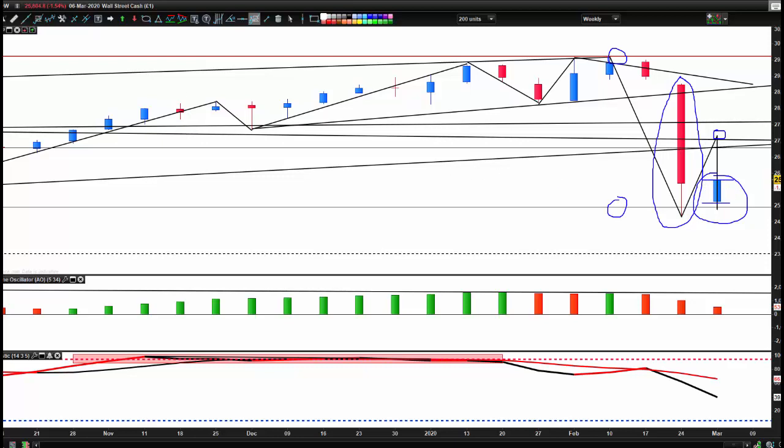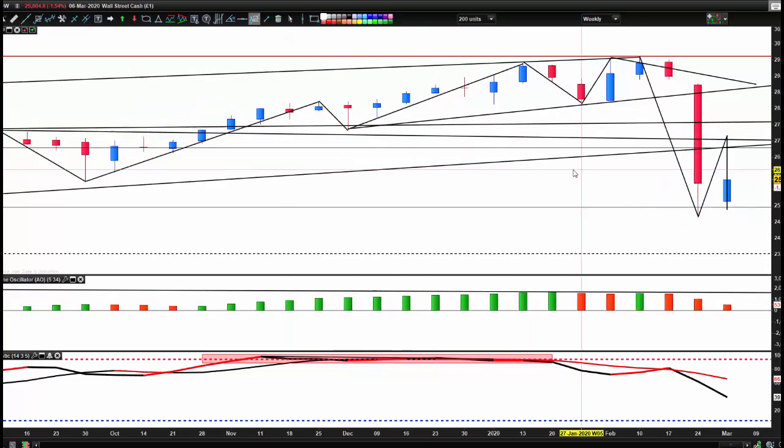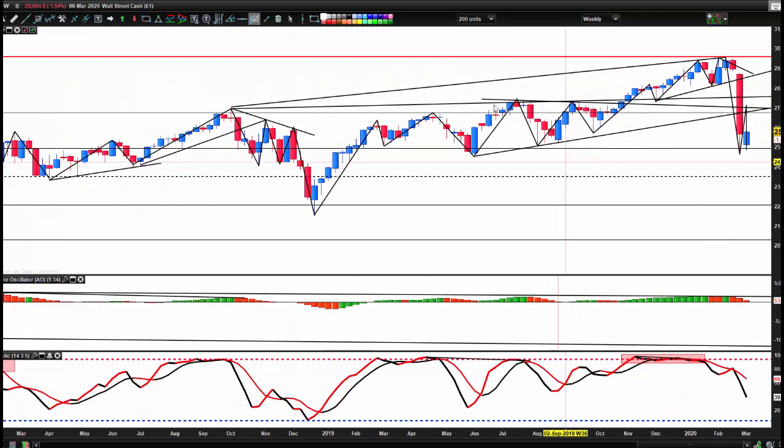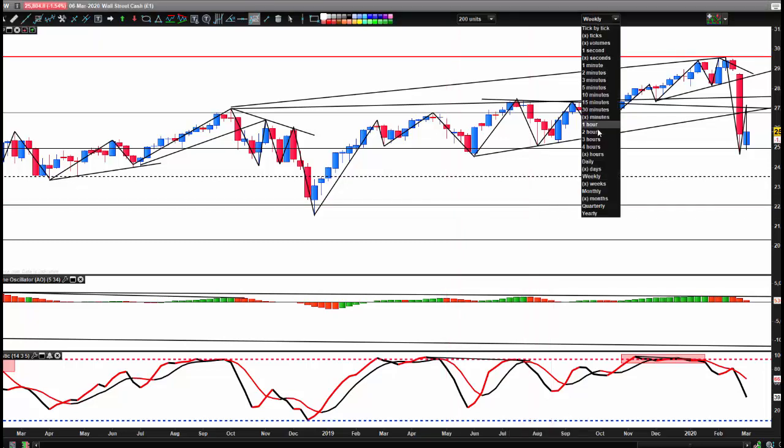Well, if we pan out, you can see we've got this trend line coming across the highs, which we've hit and closed underneath. We've closed underneath this fib, so we went underneath the fib level 24,960, and we just held it, but it's a feeble close. If we now drill down to the daily,